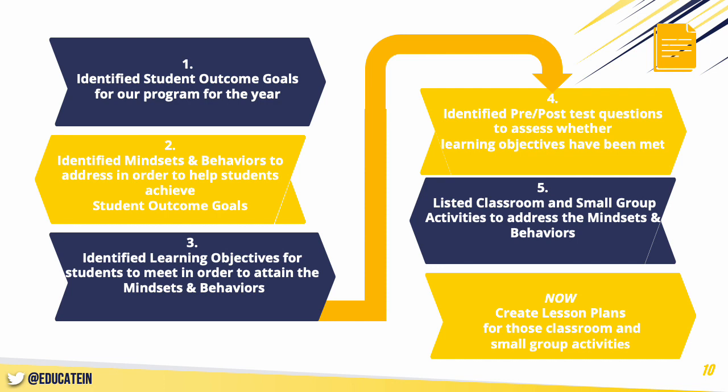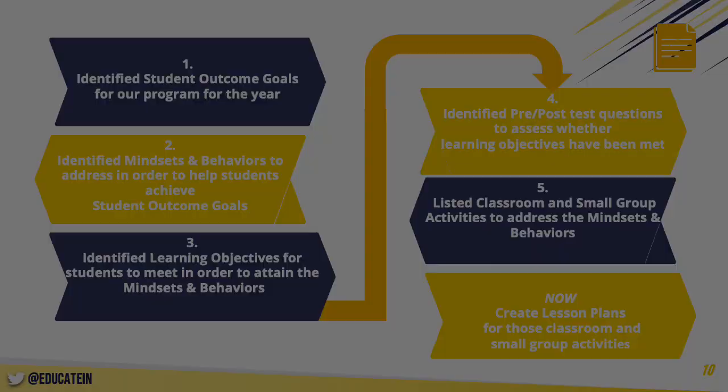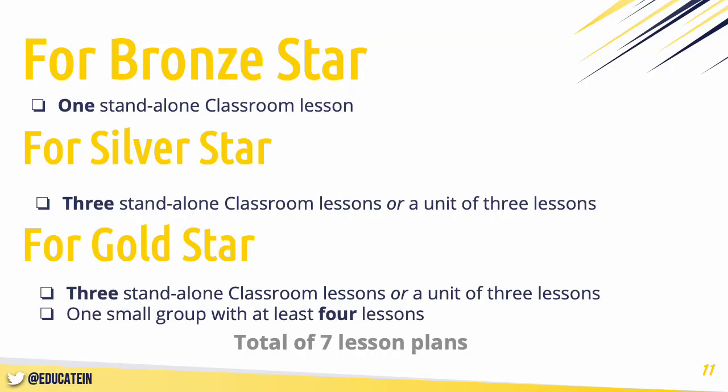Now, our task is to create lesson plans for those classroom and small group activities from our action plan. In this module, you'll create lesson plans for classroom lessons and small groups if you're a Gold Star level school that are listed in your Mindsets and Behaviors Action Plan. You may use our system to write as many lesson plans as you wish, but remember you will need only one standalone classroom lesson for Bronze Star level schools,